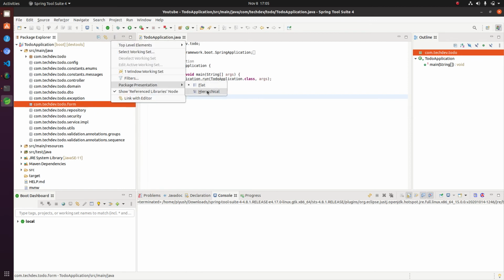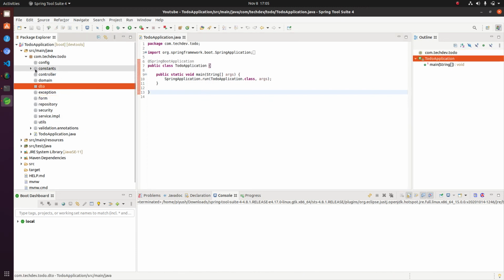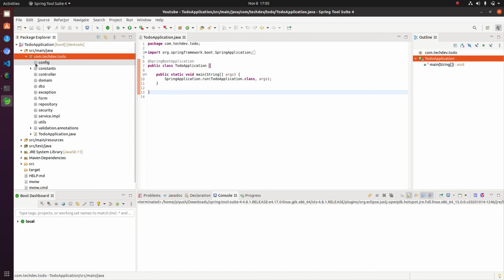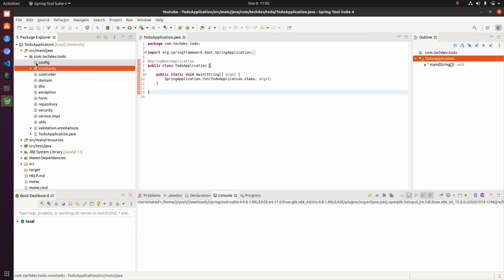Let me change the package representation so that you can easily understand the packages. So inside the to-do application or the to-do package, we have the config package, the constant package. Inside the constant package, we have the enums and the message package, one controller package inside the to-do package, and the domain package, DTO package, exception package, form package, repository package, security package, service package, and inside the service, we have the IMPL package for implementation of this service.